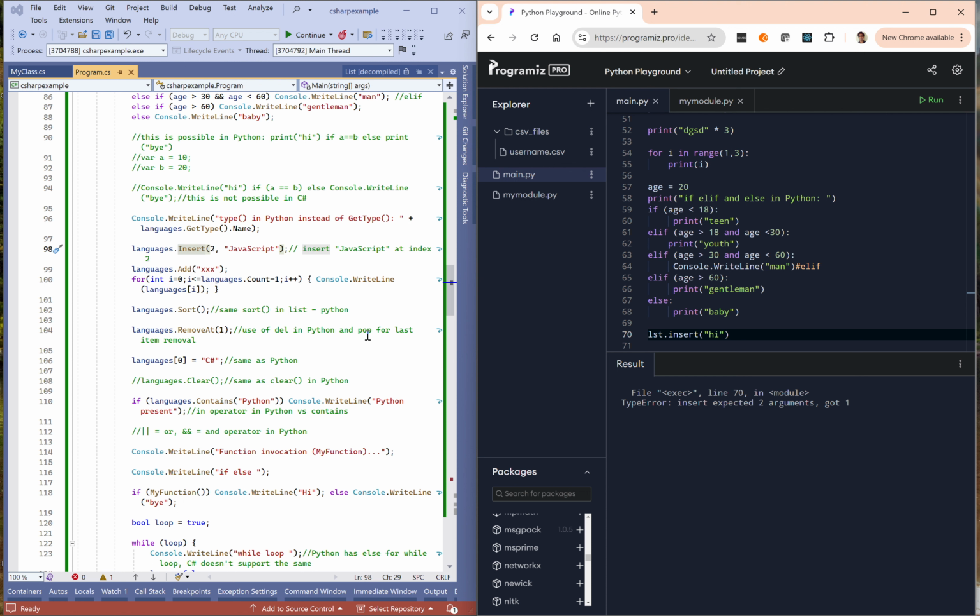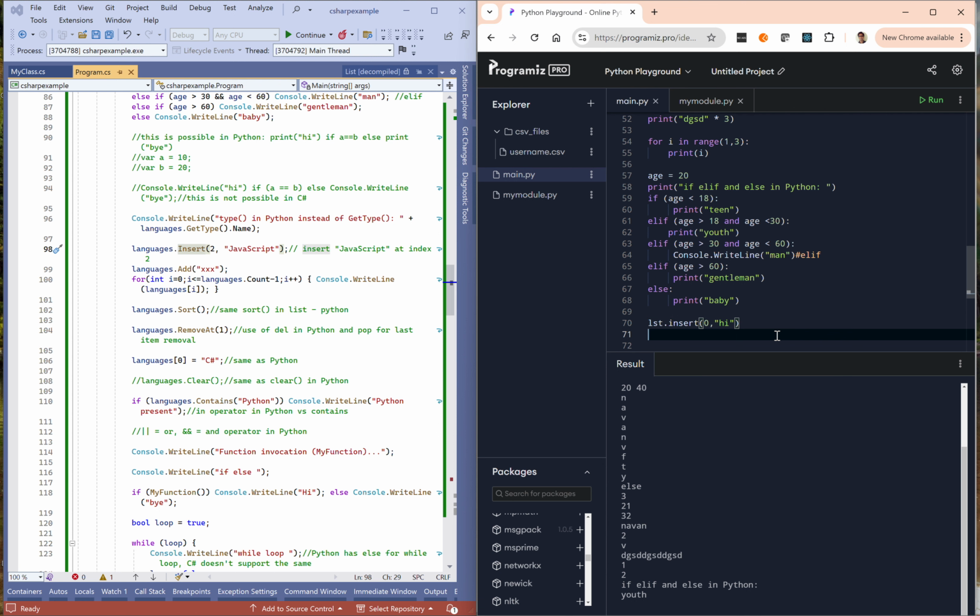Clear. Or list item removal. There is sorting. Insert 0 comma hi. Let me try that. Yes, so that's it. So I added